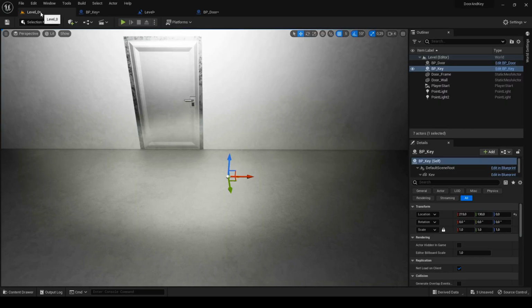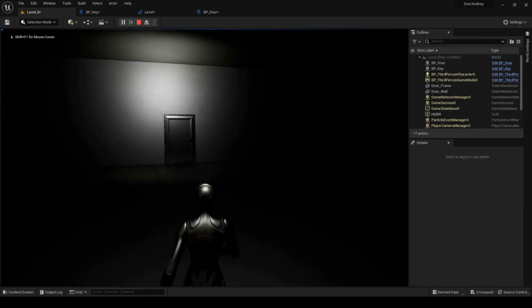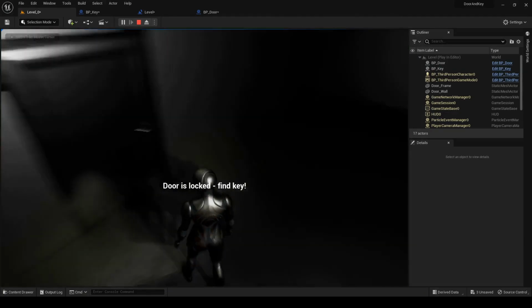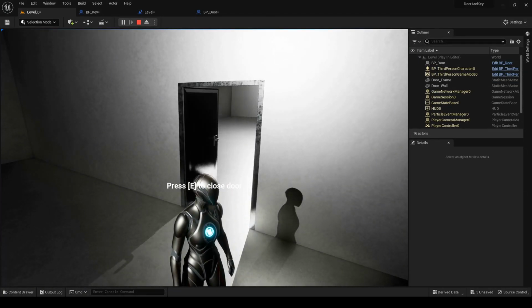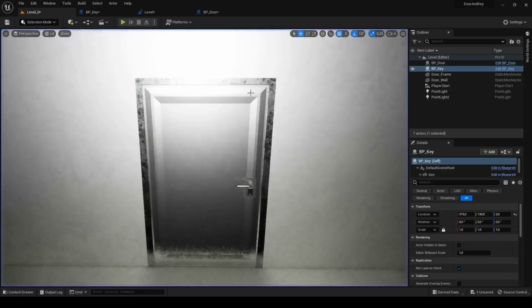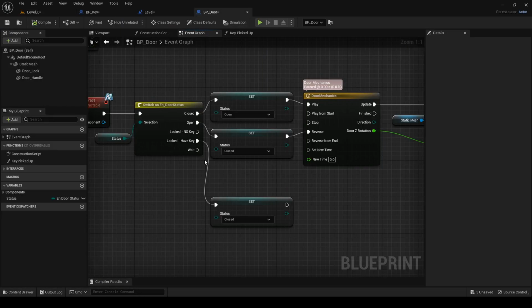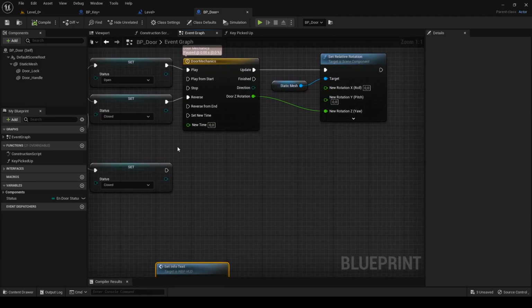When you delete a key, you must delete it from the level blueprint as well, otherwise you get an error message, but it won't crash your game, or it shouldn't as far as I know. So you can take it as a disadvantage or advantage of checking if you would accidentally delete the key from your level. I will use the second approach, but use the one that suits you better.